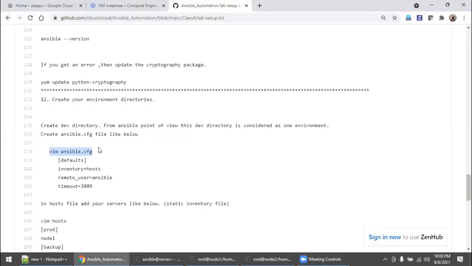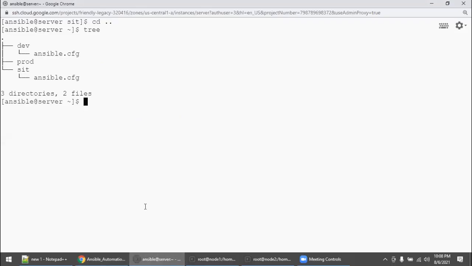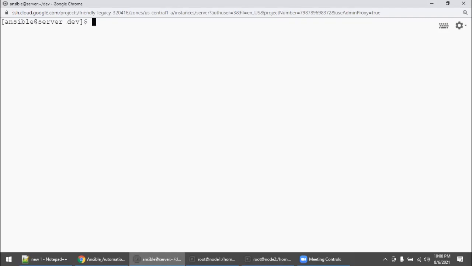So now, as per the step, you create an ansible.cfg file and there is a default section, right? Go here. Now we will go back to dev, and say vim ansible.cfg.